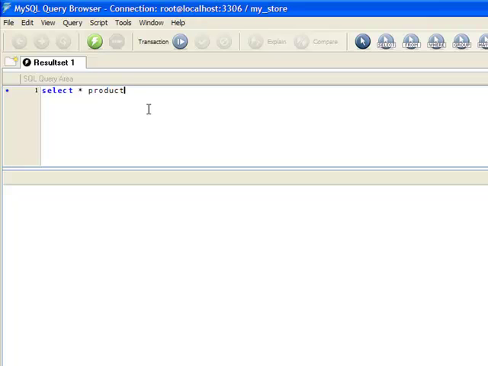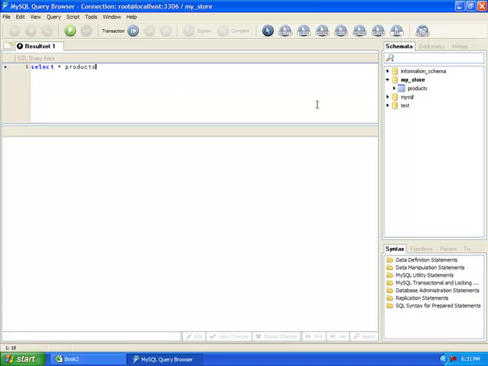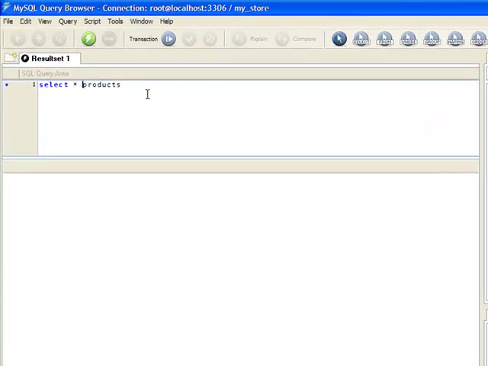Since our default database that we have here is my store products, so we're going to execute a select statement to display all the rows inside the table products.